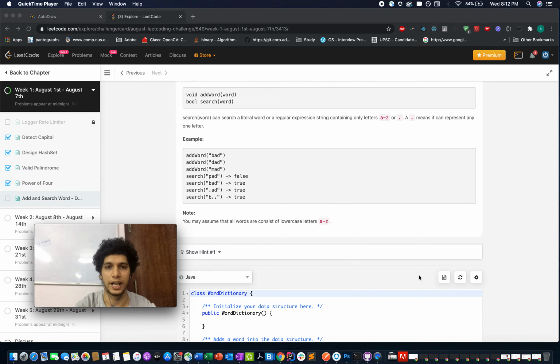If you are aware of how tries actually work in nature, and how you put data into it and retrieve data for various processing, it's well and good. You can skip the video to the later part where I've coded the solution. Otherwise, I can give you a brief introduction about how a trie actually works.